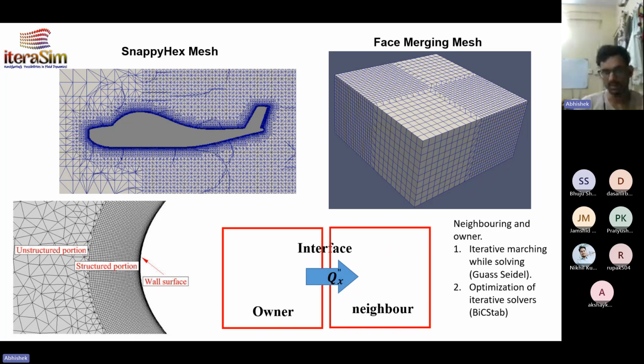This interface is the interface face of two cell centers or two control volumes. I am showing it separately, but this is only one. To say that the flux is either positive or negative, in these cases we have to define which owner cell and which neighbor cell the particular interface belongs to. In complex geometries this is very important, and OpenFOAM by default implements this: